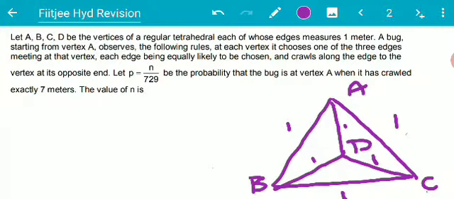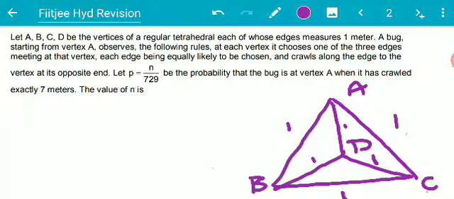At each vertex it chooses one of the 3 edges meeting at the vertex, each edge being equally likely to be chosen, and crawls along the edge to the vertex at its opposite end. For example, if it is starting from A, it will reach B or D or C. So they are saying that the probability P is equal to n by 729. This is the probability that the bug is at vertex A when it has crawled exactly